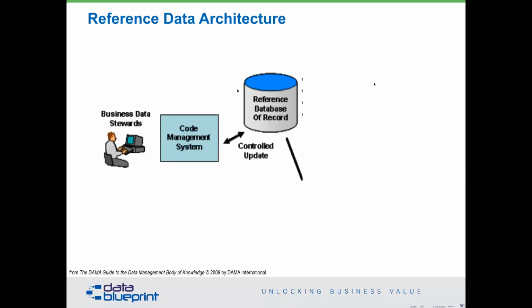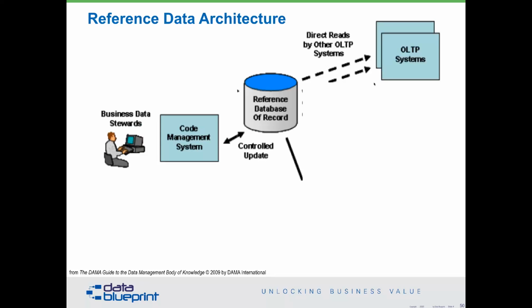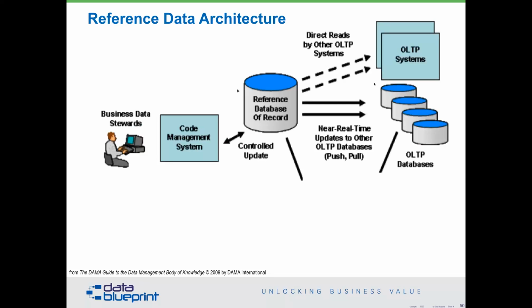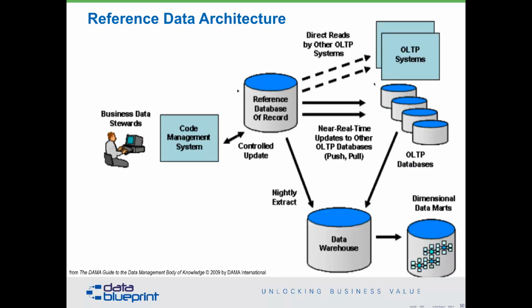That code management system updates on a controlled basis the reference database of record, where we're storing all of our tables that are used as reference tables throughout the rest of the organization. These then go back and forth and interact with whatever other systems we have. They could be OLTPs or warehouses or whatever, but you can see it all comes from that controlled vocabulary that we start right at the very beginning. When we're looking at this, we can also bring into play the external data, just as I showed you in the financial institution example that I gave you just a few minutes ago.